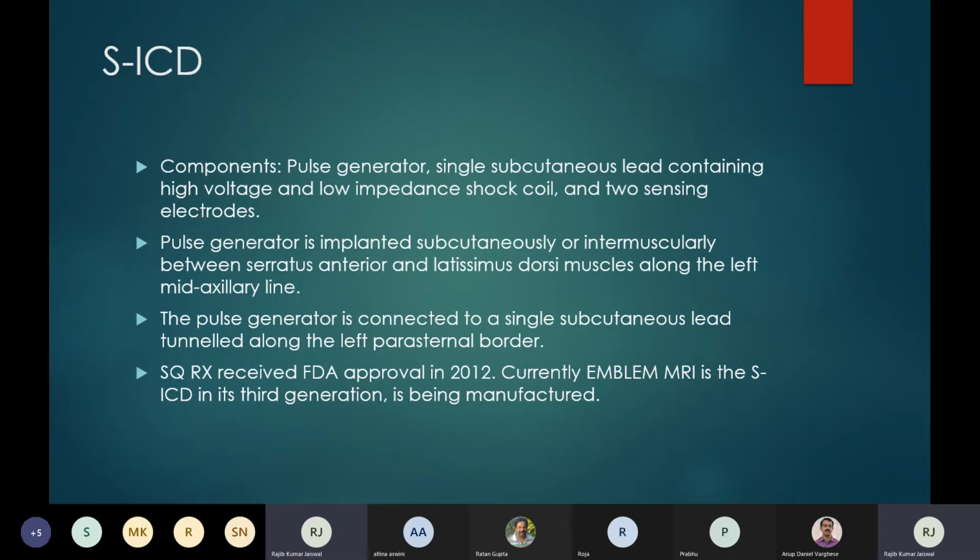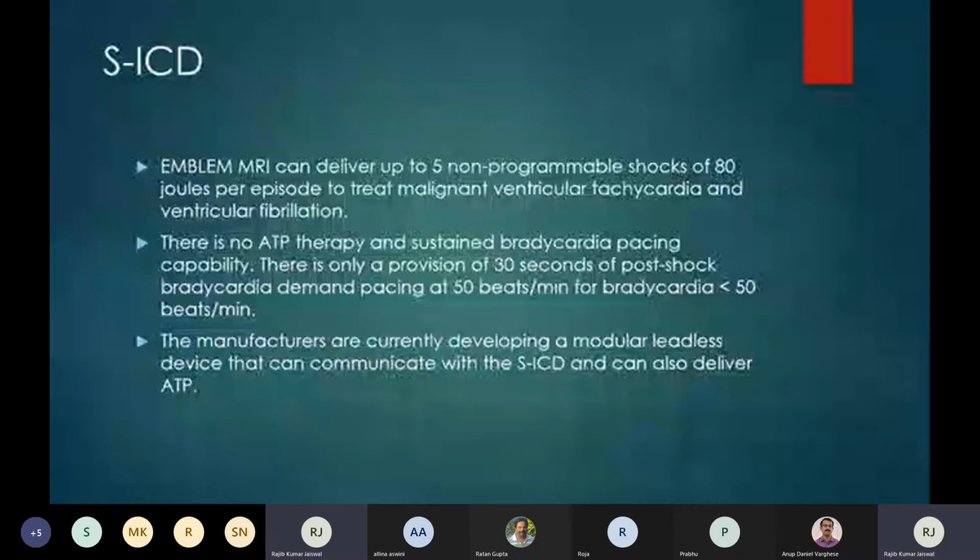SQRX received FDA approval in 2012. Currently, Emblem MRI is the S-ICD in its third generation, and it's being manufactured. Emblem MRI can deliver up to 5 non-programmable shocks of 80 joules per episode, to treat malignant ventricular